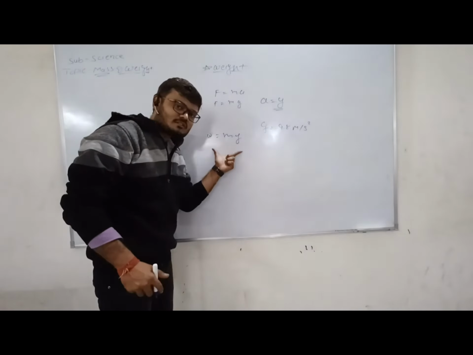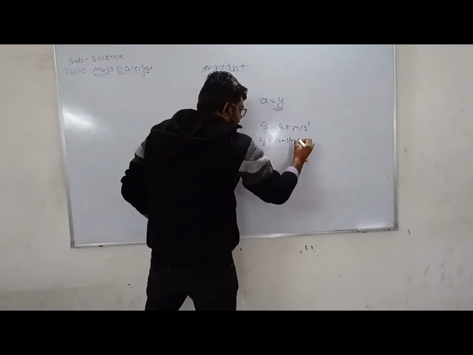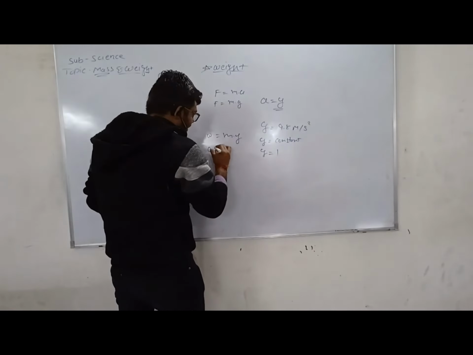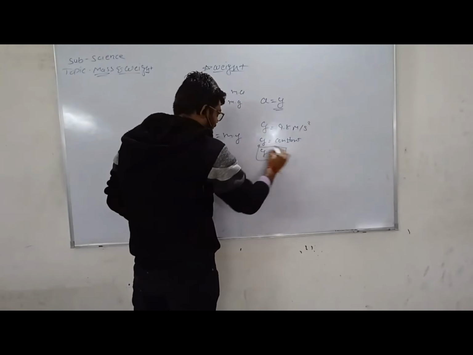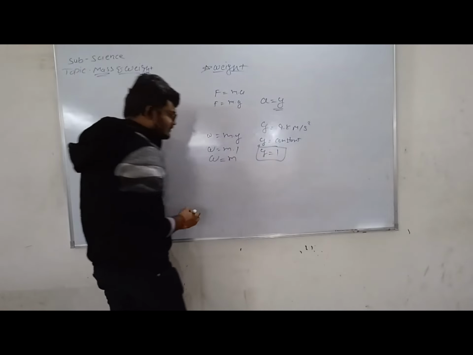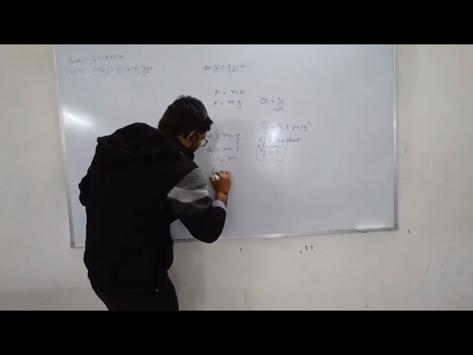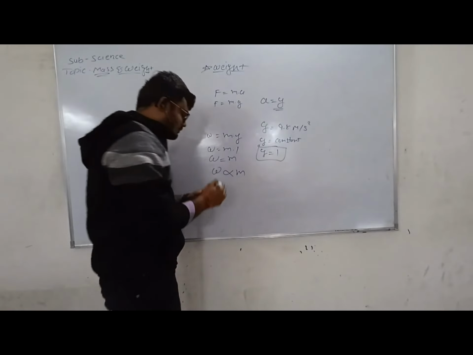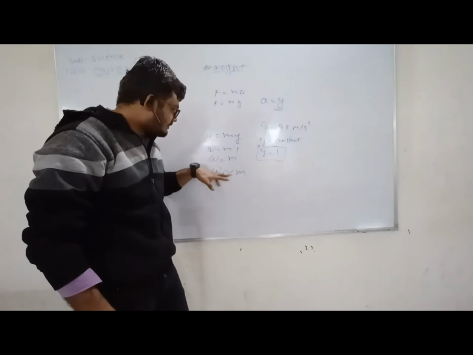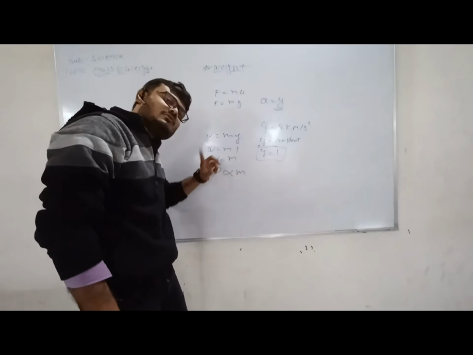So in this equation, if we take g as constant, we can take the value of g as 1, right? So if we take g as 1, what do we get? Weight is equal to the mass. मतलब यहाँ से हमें पता क्या चलता है that weight is directly proportional to mass, right? कि भाई वेट किसके ऊपर डिपेंड करता है कि मास के ऊपर. मास जितना ज्यादा होगा वेट भी उतना ही ज्यादा होगा।